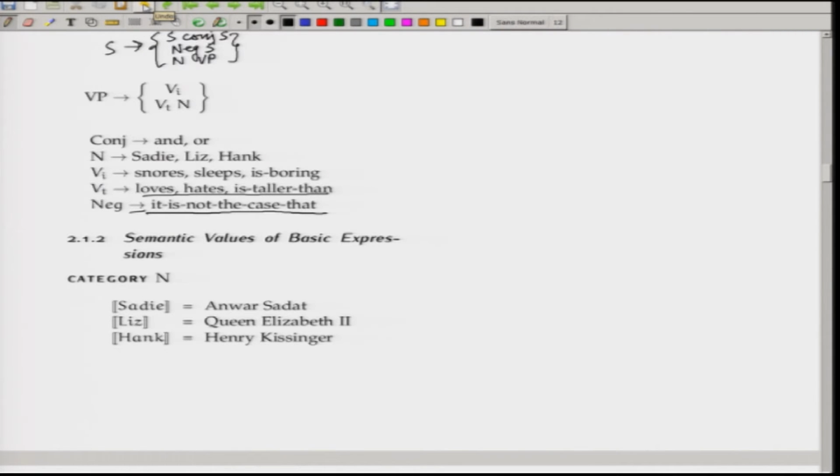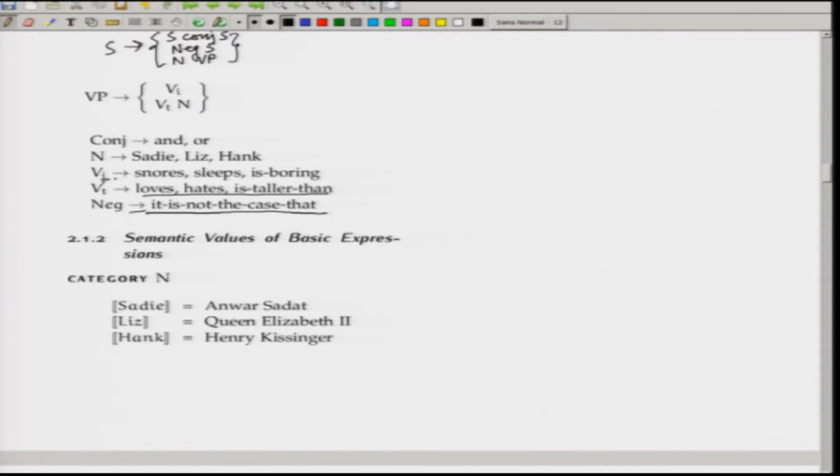Okay, so now this is how we can make sentences. S goes to N VP. Now what are our words? We have three names, that is Sadie, Les and Hank. We have three VIs. VIs are like one-place predicates. In the artificial language we had one-place predicates, and in the natural language we have VIs. I stands for intransitive. So you can see that all intransitive verbs are like one-place predicates. For example,